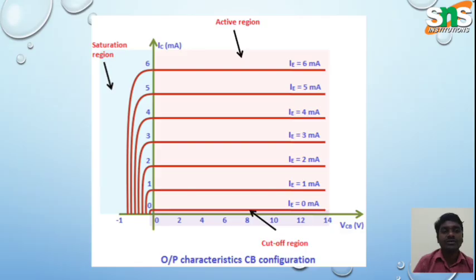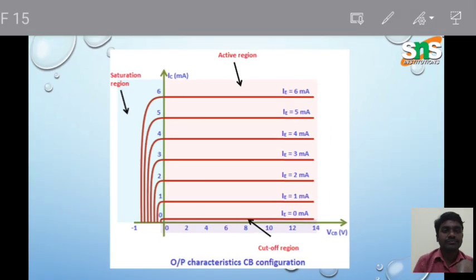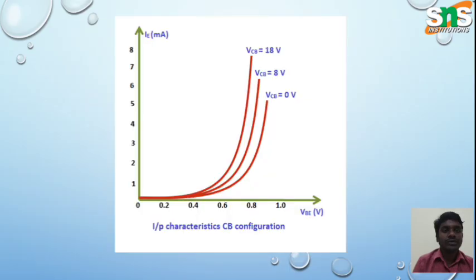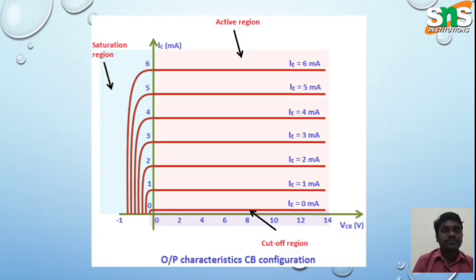if you increase the VCB voltage gradually, then we reach different IE currents, I mean emitter currents. For different IE currents we recorded the VCB voltage versus IC, the collector current. So in the active region, we get almost the same collector current for different emitter current values. So from this graph we have concluded that